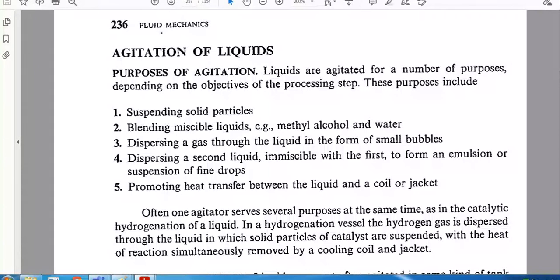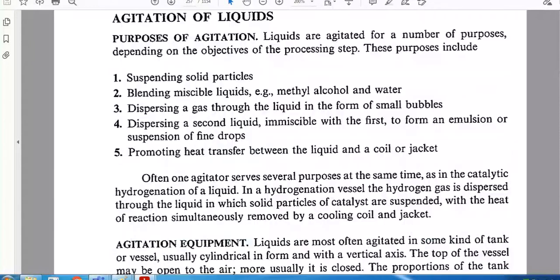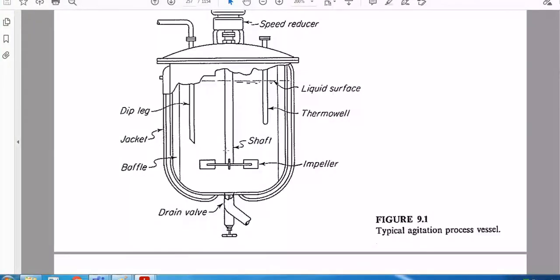Then the last one, promoting heat transfer. Suppose this is an exothermic reaction, heat is liberated. Where does heat liberate? First, heat comes here, because ammonia is added to water. As soon as it is added, heat comes in this region. If you distribute it and stir it, it will move it. So uniformly the temperature will be maintained inside the system. And when this is maintained, what will happen? We have put chilled water in the jacket here, so uniform heat transfer will be there. So to maintain uniform heat transfer, the agitator is needed. In these many ways we see the use of agitation.